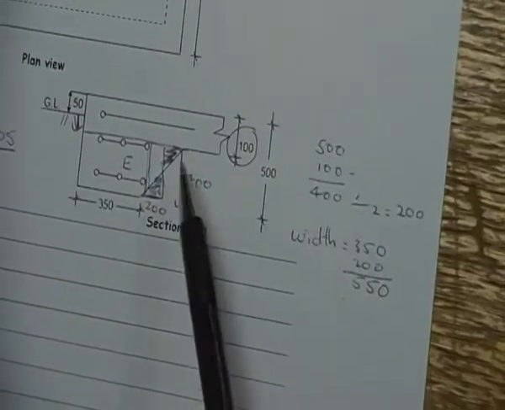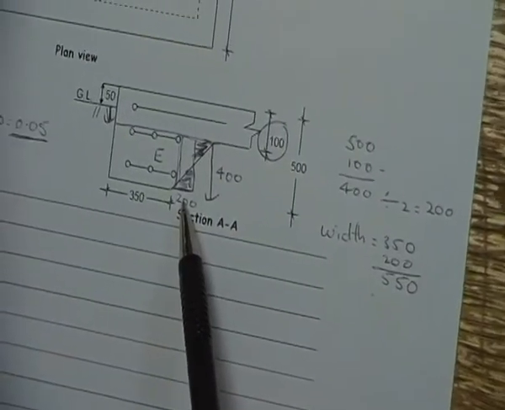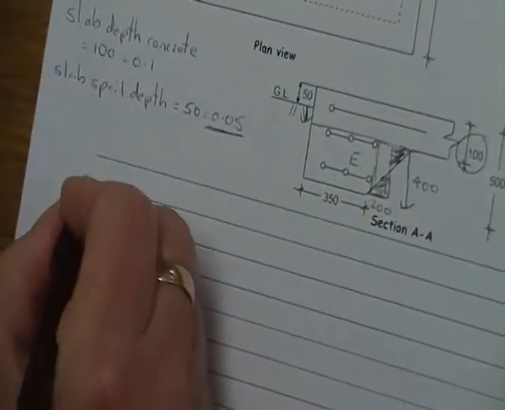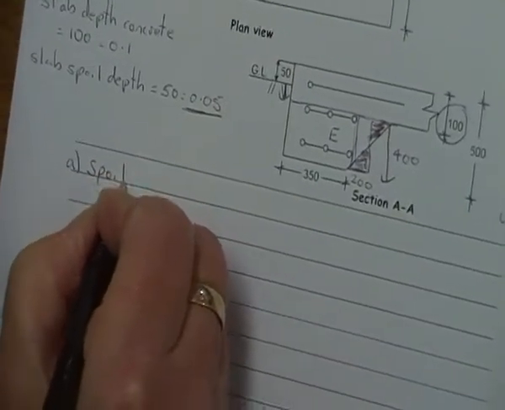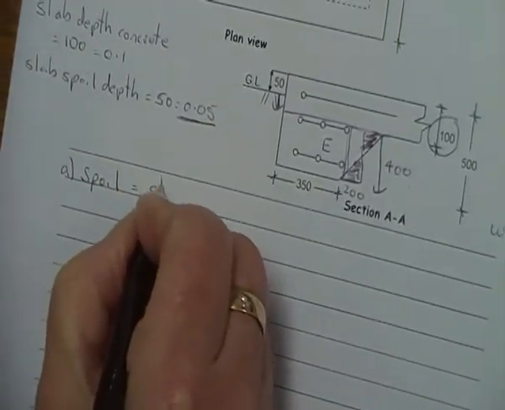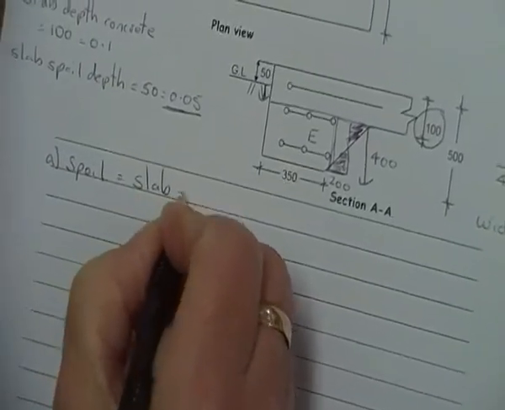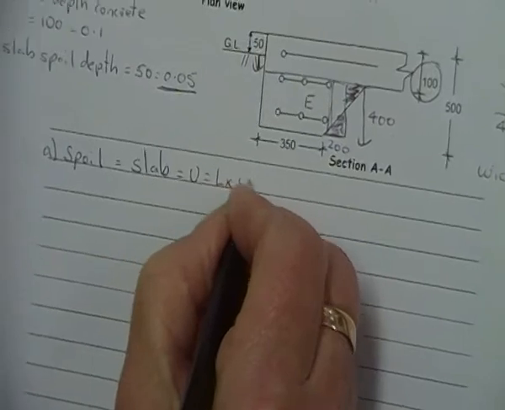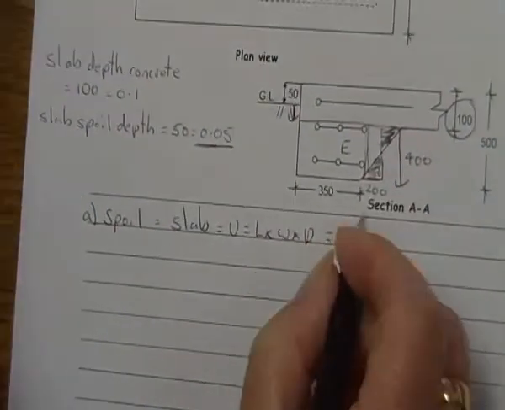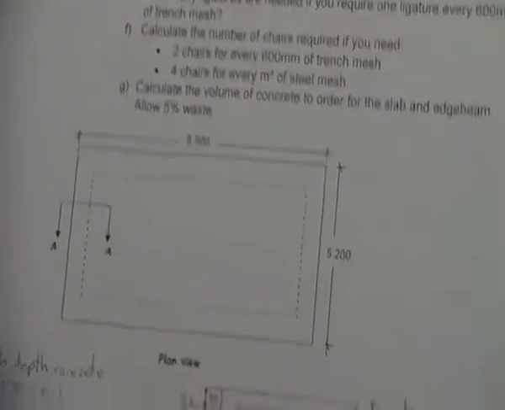We worked out our depth and we worked out our width of the splay. So we need now to do our spoil. So we're going to do it in 2 parts. We need to do our slab first. So that's going to be volume is length times width times the depth. My length being 8.5